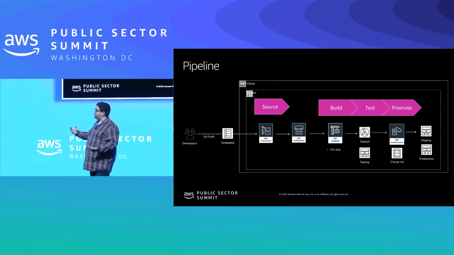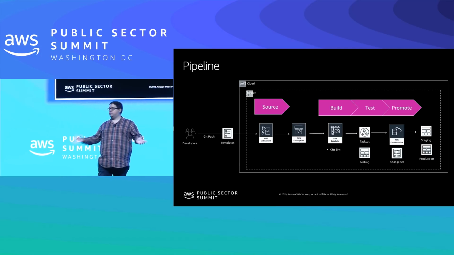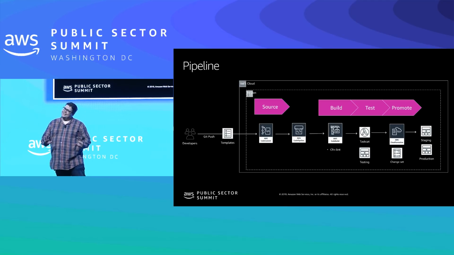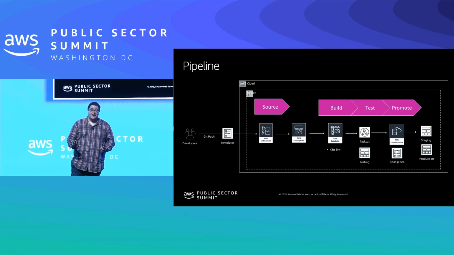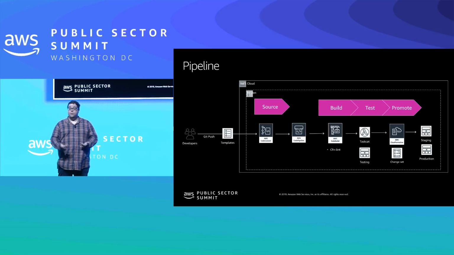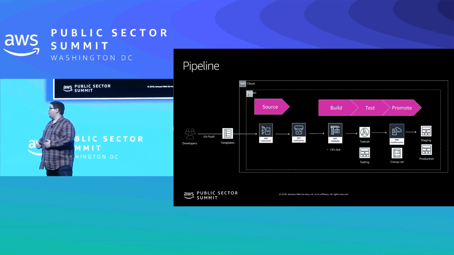There are a couple of different things that we can do. CodePipeline has a wonderful integration with CloudFormation, where you can say, hey, CodePipeline, go ahead, deploy to prod. That's fine. Or you can say, maybe that's fine for dev and test, but for prod, I want to generate a change set. I want somebody to manually go in there and say, looks fine to me. Or maybe you just want to spin up a new stack entirely. We have a bunch of different ways to do that.